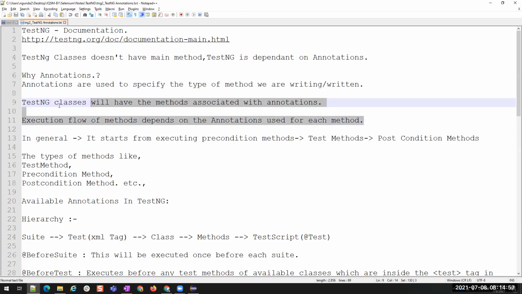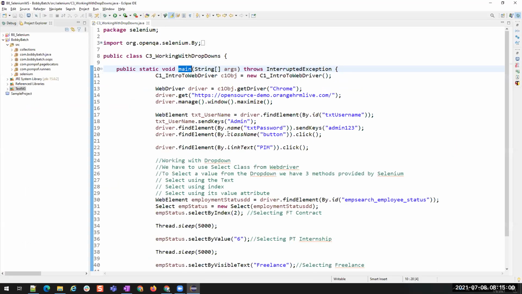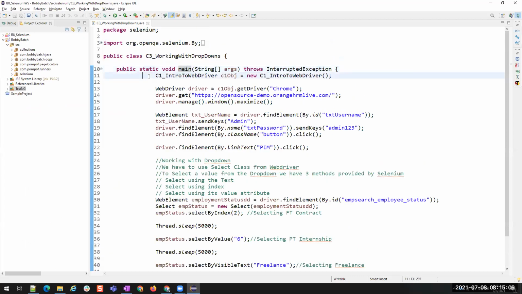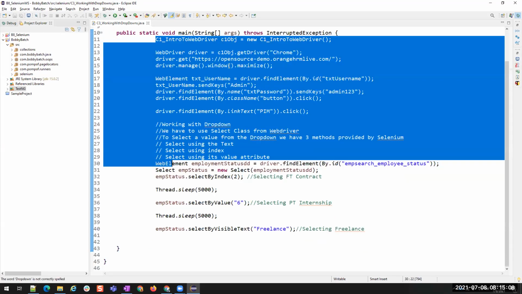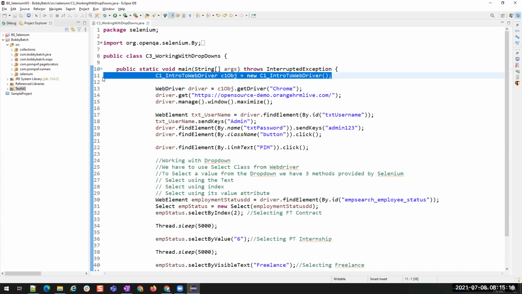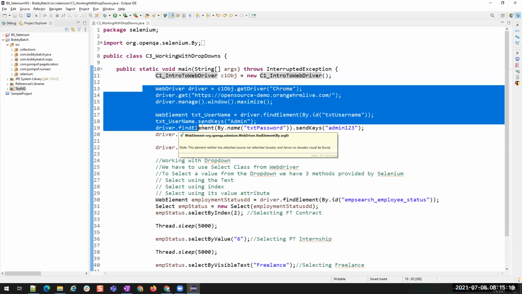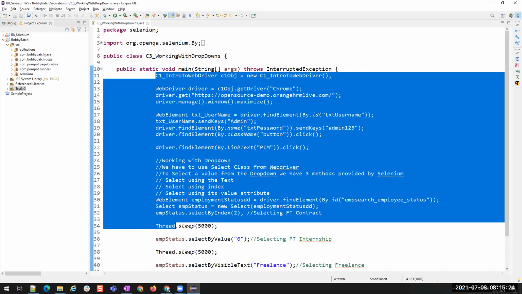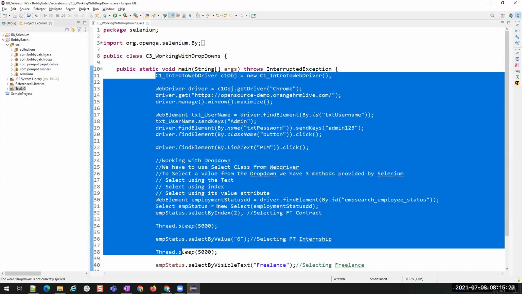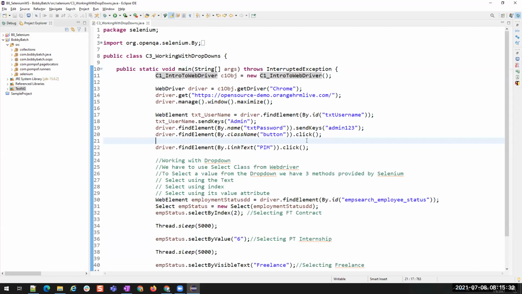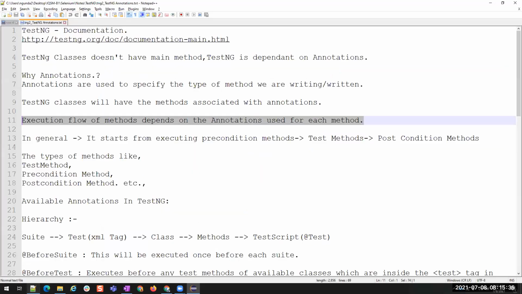Okay. So the execution flow in normal Selenium or WebDriver classes, we know, right? Whenever there is a main method, the execution starts from the main method, line 1 till the end of the main method. If you have any method calling or object creation of other classes, it will go into that class, but after that is completed, it will continue executing from the next line. So top-down approach, right? It will start from the main method and go line by line. But in TestNG, we are not having the main method and we are not having line-by-line execution. We have annotations, and we have some dependency on the annotations.